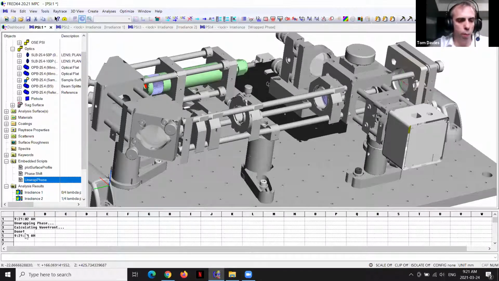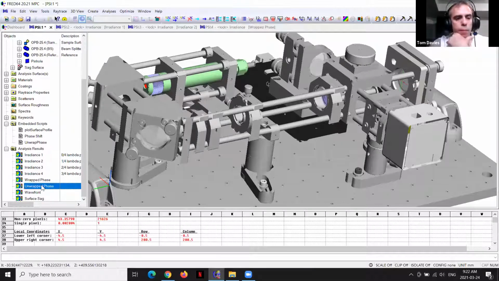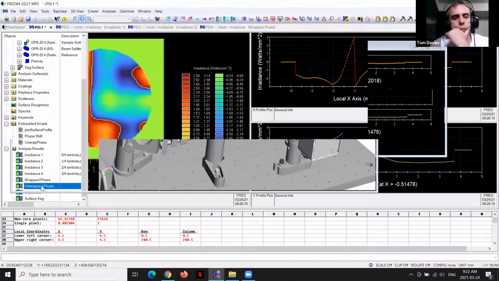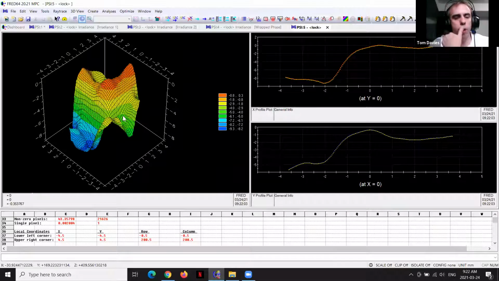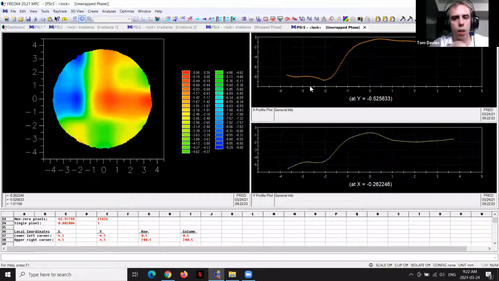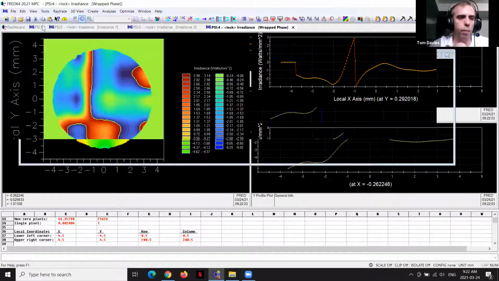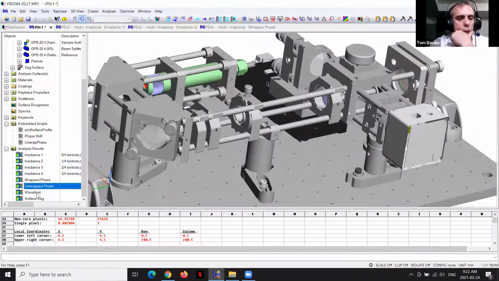Okay, so I see from my little note that it's done. First of all, let's check the unwrapped phase. So this is the unwrapped version of the wrapped phase we just showed briefly. And you can see here, there are no discontinuous jumps in the phase profile. So that looks good to me. And then let's skip straight to the surface sag. So this is the key